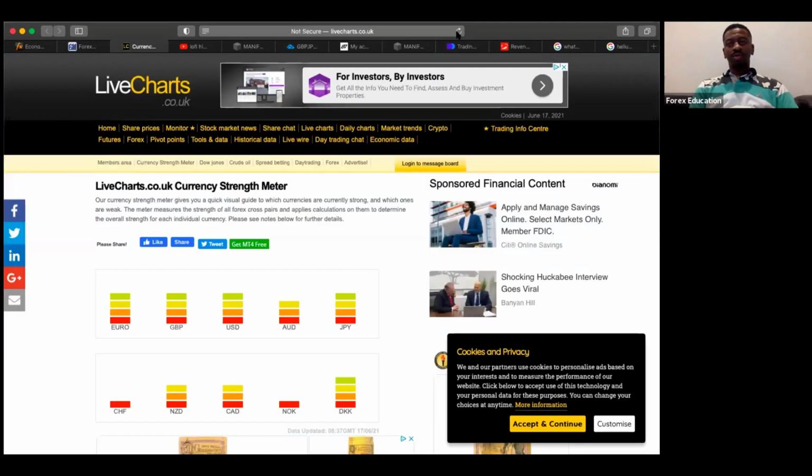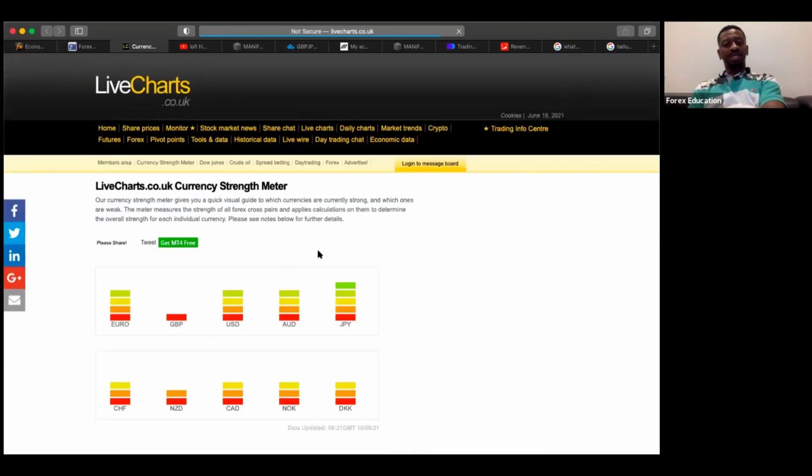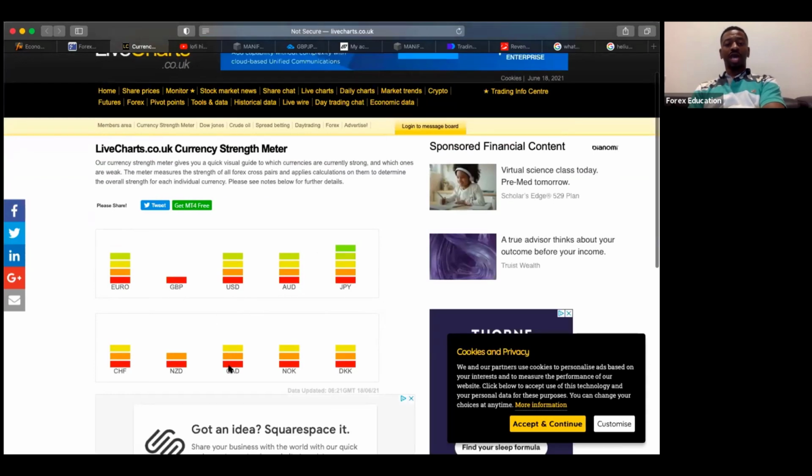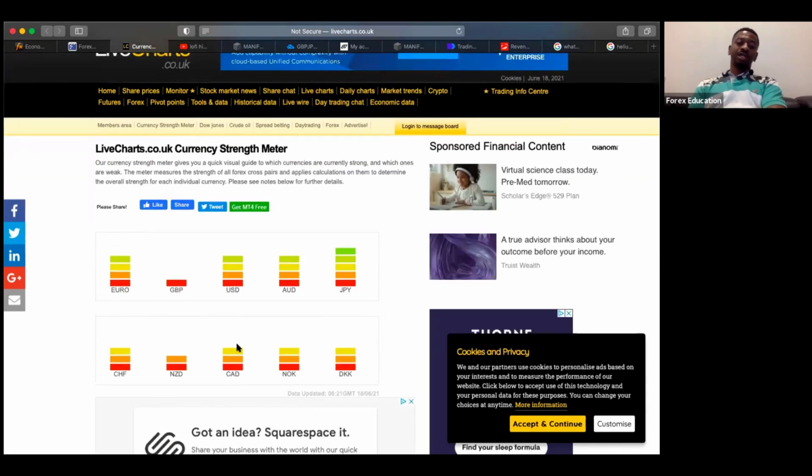Boom. We are in GBP/CAD. So Great Britain pound is very low, the lowest it can get. CAD is not very high, but it is definitely 3 times higher than GBP. So that's what we want to see right there. We want to see that because we expect price to go down. So the pair we're trading is the Great Britain pound, Canadian dollar.